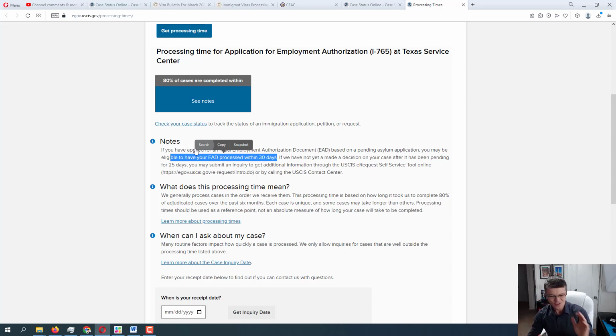Why they have two numbers, 150 and then 180: after 150 days, you file the application, and then USCIS tries to process it within the 30 days and issue you your Employment Authorization Document by that 180 days, the 6 month mark. So after a total of 6 months pending asylum, you have your Employment Authorization Document.